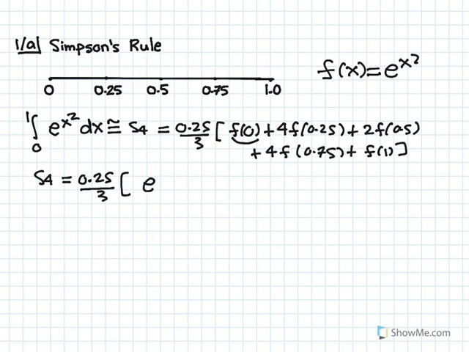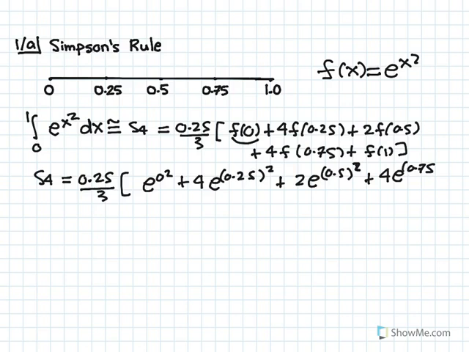That's e to the 0 squared, plus 4 times e to the 0.25 all squared, plus 2 times e to the 0.5 all squared, plus 4 times e to the 0.75 all squared, plus f of 1 is e to the 1. If we put this into a calculator, we get S4 is equal to approximately